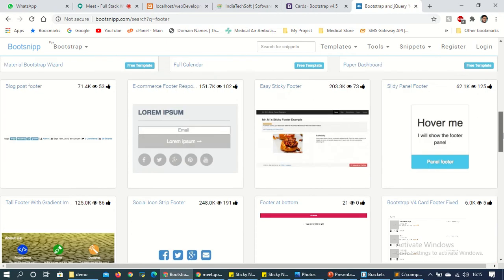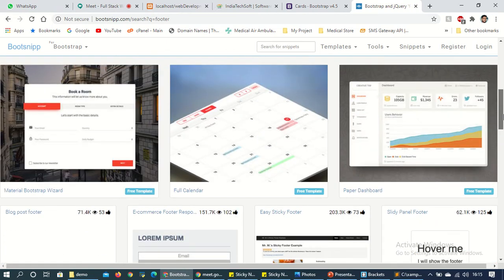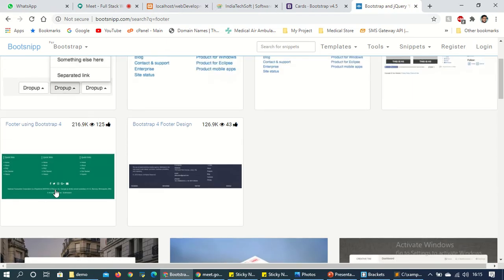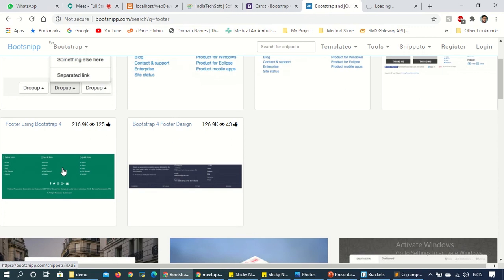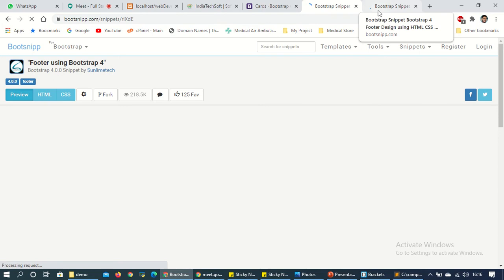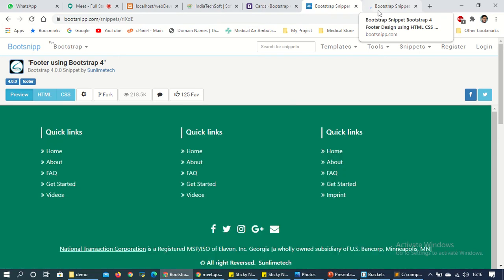If you want more, just Google. I'm just going to use a simple footer. If I want to access this one, I can, or if you want this one, access that. I'm just going to open it in a new tab. You must know how to edit the code.